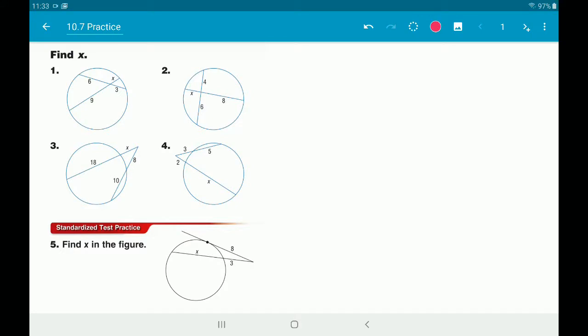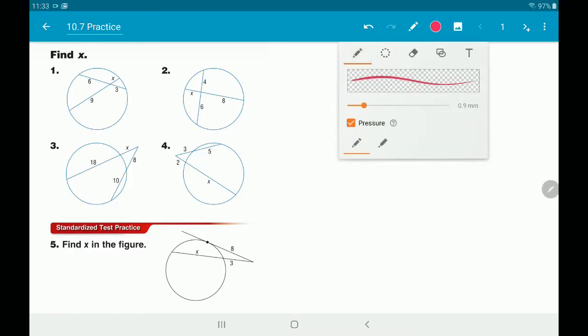So hopefully by now you've been able to solve for all 5 of these. I'm going to go through all 5 of them and show the answers and how they're solved. So for number 1,